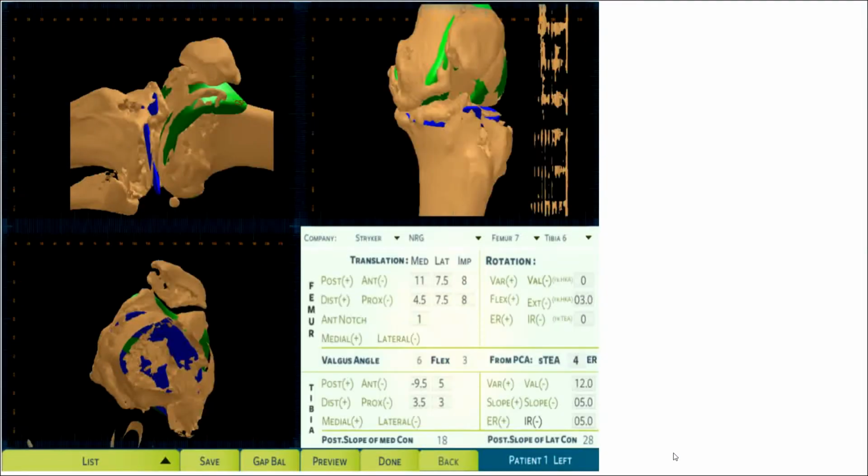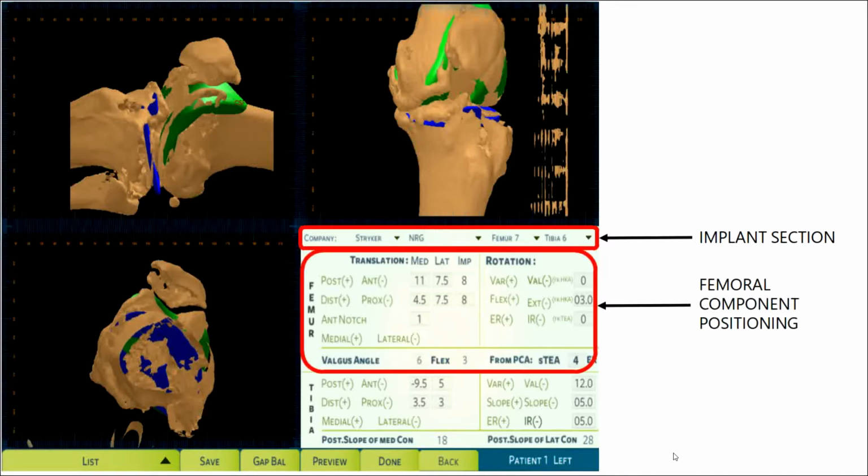The information window is in 3 parts. The topmost part contains the information regarding the implant and is editable. The second part contains the details of the femoral component position. The femoral component can be moved through all 6 degrees of freedom. It also contains information regarding the native anatomic parameters of the bone like valgus angle, distal femur flexion and native rotation. The last part contains details about the tibial component position. This too can be moved through all 6 degrees of freedom. It also contains information regarding the native anatomic parameters like proximal tibial medial and the proximal tibial lateral slopes.